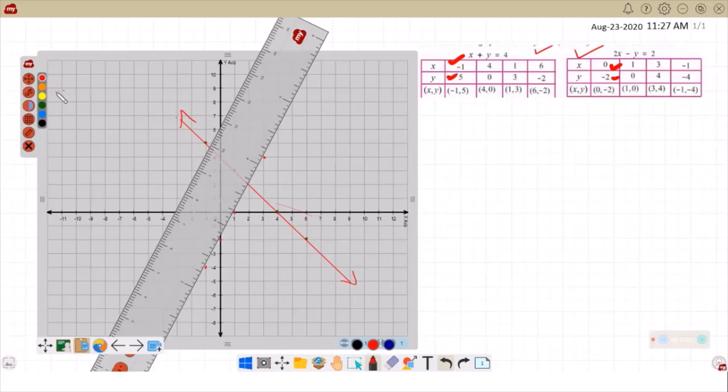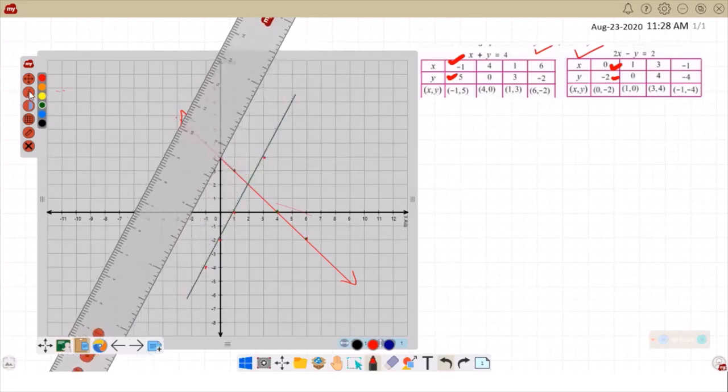Now I have to take the pen and pencil and draw the line. Let me draw it in a different color. We should make maximum use of the convenience. Passing through the points, approximately you got a correct line over there, and you can see that another line we got, and both these lines are meeting at a point here. It is slightly off because of the digital pen and pencil.